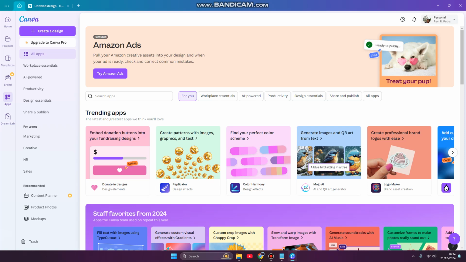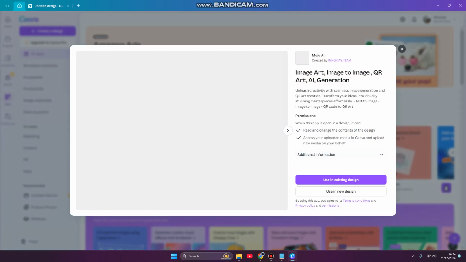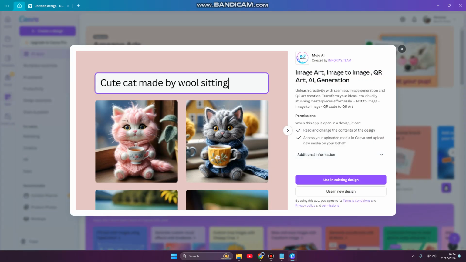So after you sign in, and if you don't have an account, please register and sign up. You can find the apps and look for trending apps. Under trending apps, you can look for Mojo AI, image art, image to image, QR art, AI generation. So here you can click to use in a new design,